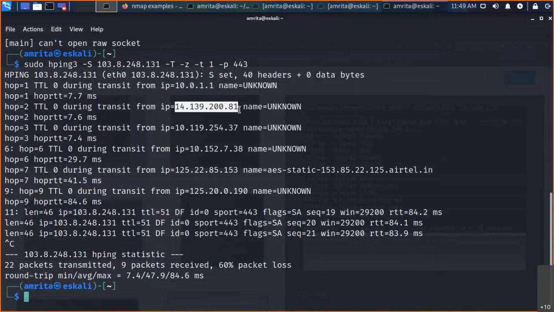14.239.281 is our public IP address. From there, it goes through various internal route hops and finally reaches the destination, 103. One question from Nagesh Paswan ji: can we enable a closed port from RMI? Yes, we can do it. If the user has administration privilege, they can enable or disable the port through RMI also.